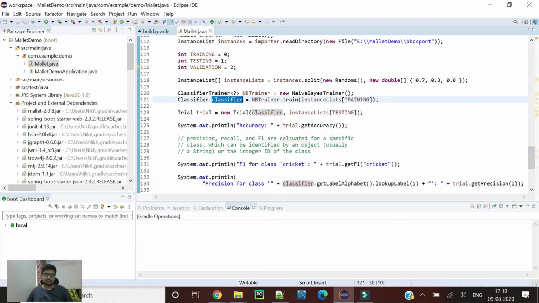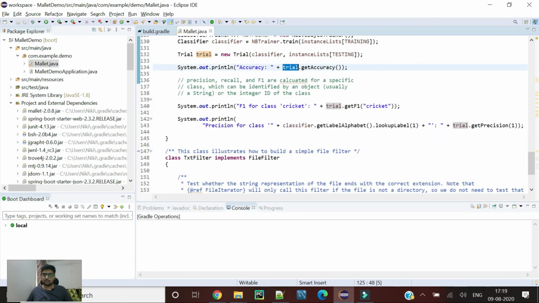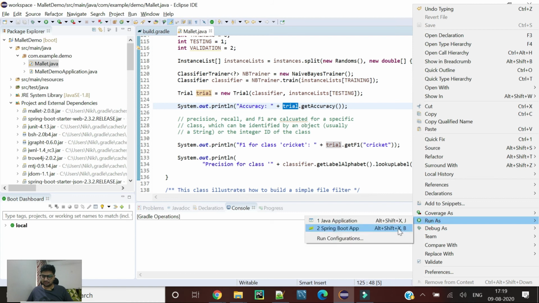So here is our model, and we are predicting using this classifier and our testing data. We can see that we are getting accuracy and F1 score for whatever class you want to find out. So let's run this and check how it performs.